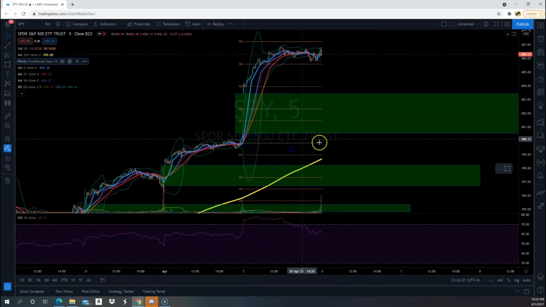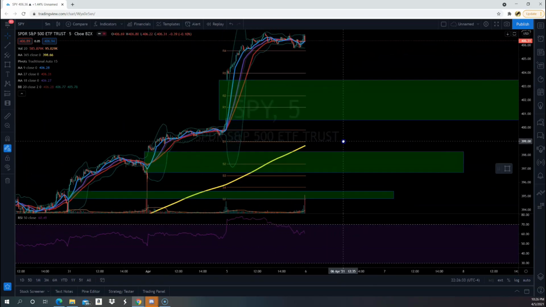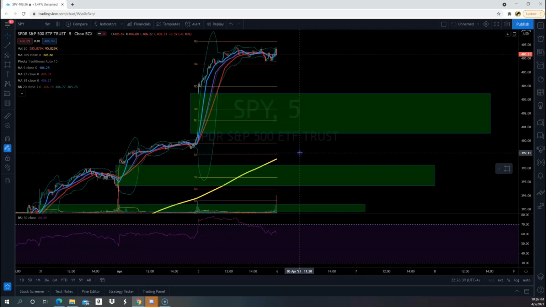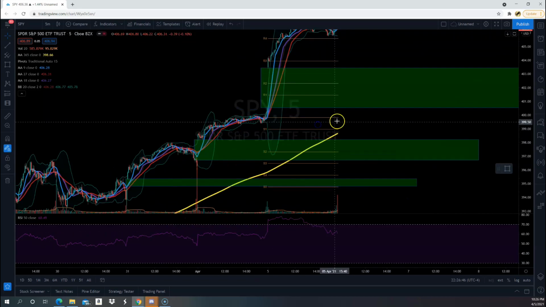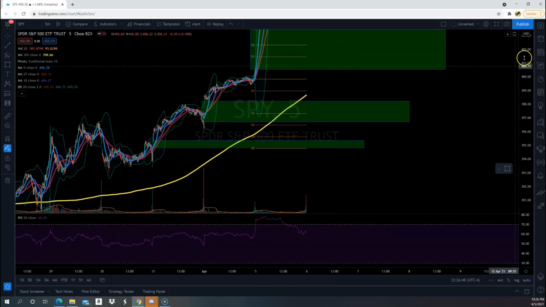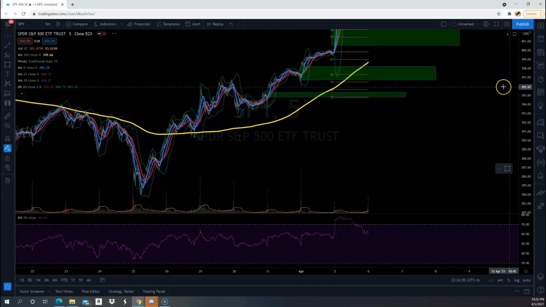Now, how are we going to play this downside? We can either play this with SQQQ, the VIX, TLT, TQQQ puts. There are many ways to play that, even SPY puts. There are many ways to play the downside. So the first thing we're going to be looking for before we even hop into any plays is the break